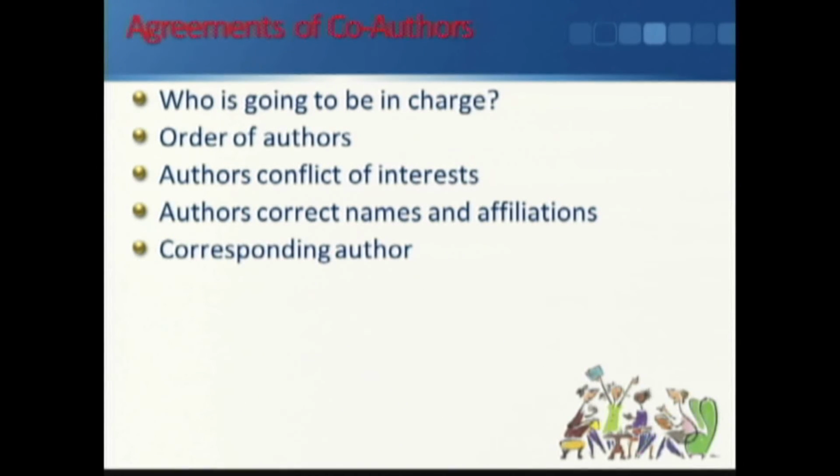Among the co-authors, you must come to an agreement on who's really going to be in charge, and decide on the order of authors early on in the manuscript process. The authors should point out their conflicts of interest. Make sure you have correct names and affiliations. For example, for correct names, decide on what author name you're going to use, so what your initial is, and sometimes, especially